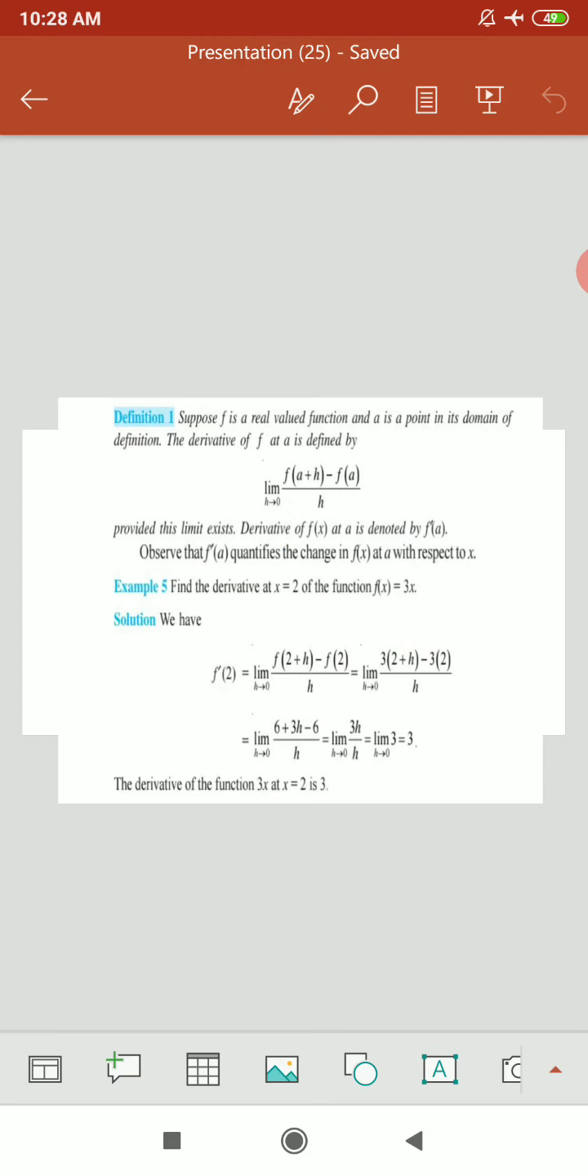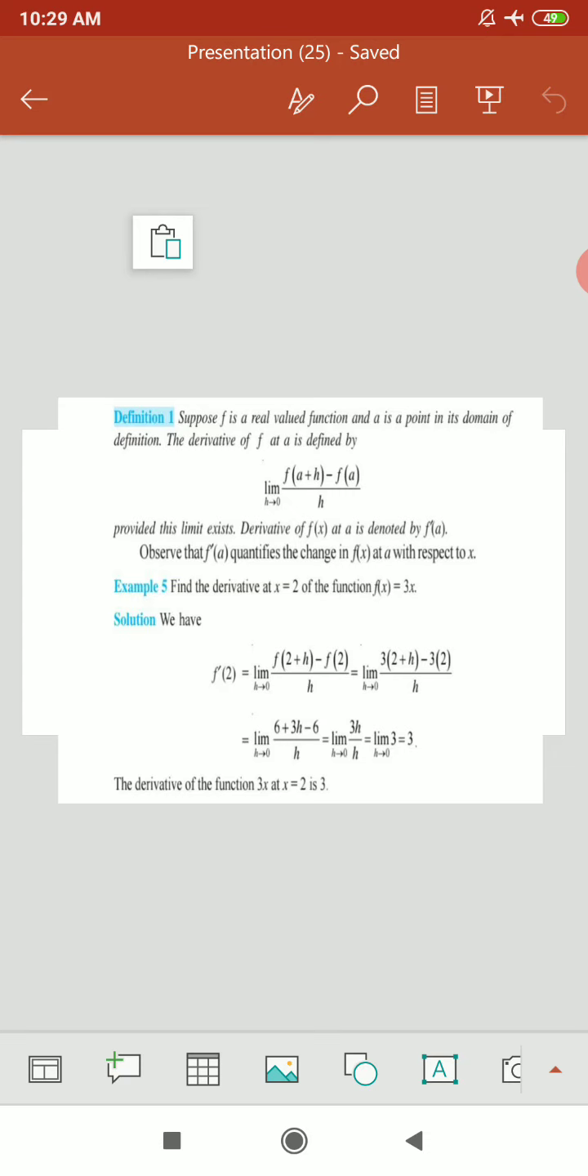plus h minus f of 2 divided by h, which is equal to limit h tends to 0 f of x is 3x. f of x is 3x, that means f of 2 plus h is 3 into 2 plus h. x के बदले यहाँ पे 2 plus h है तो ये बनेगा 3 into 2 plus h minus f of 2 आएगा 3x, that is 3 into 2, that is minus 3 into 2 divided by h, which is